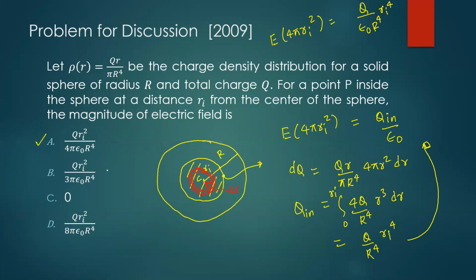You understand this? So two steps basically. One, you're using your Gauss law, which gives you information that the charge outside radius Ri is not important. The charge within Ri is important. But how do I get the charge? I'll have to do a basic integration to get the total charge.